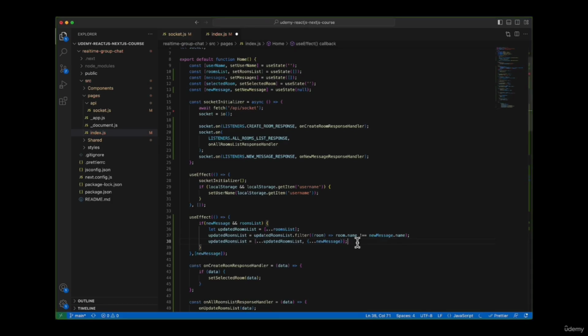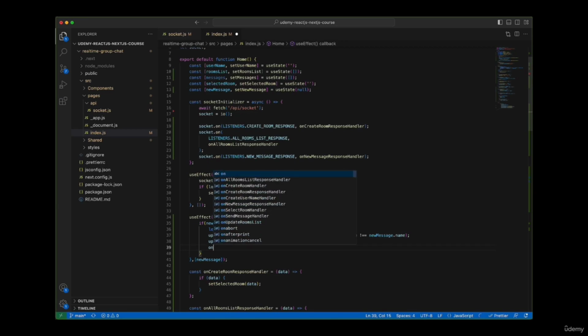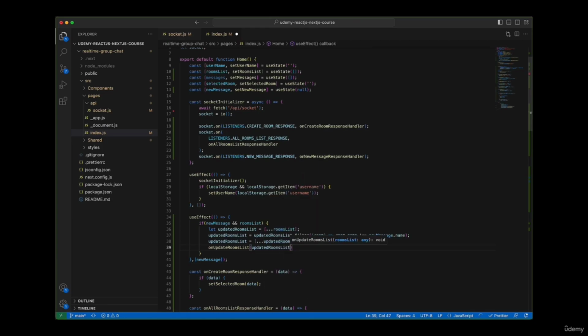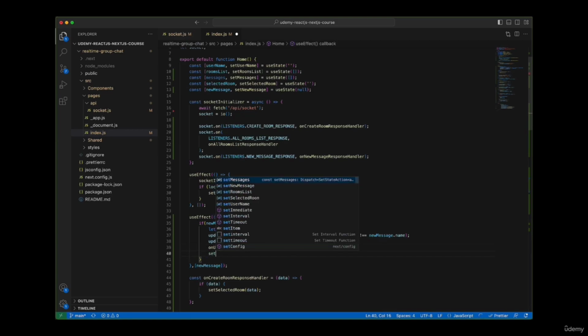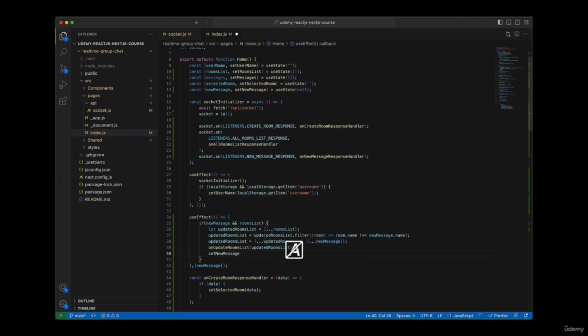Once we have set the new messages, again we have to sort the list of rooms according to the date that they have been created. So we'll call the update rooms list method that we have created previously. This will sort the rooms list as well as set the state on the client for the rooms list. Also we'll set the new message to null,